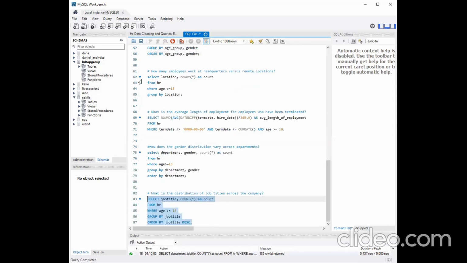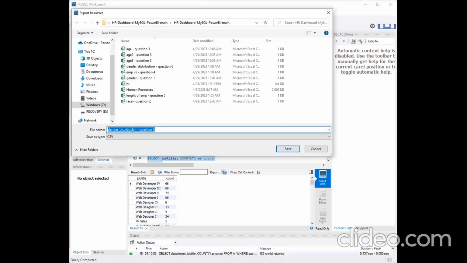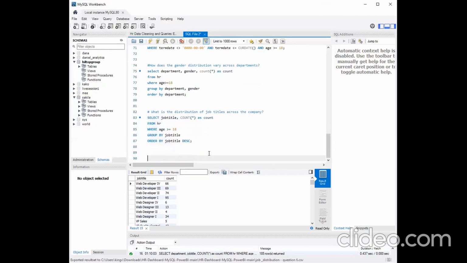Run this. Then I'm going to save this particular file. So this should be job distribution. Save it as a CSV file. Then I'm going to go over to the next question we have, which is